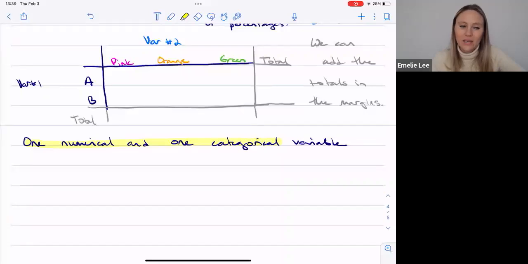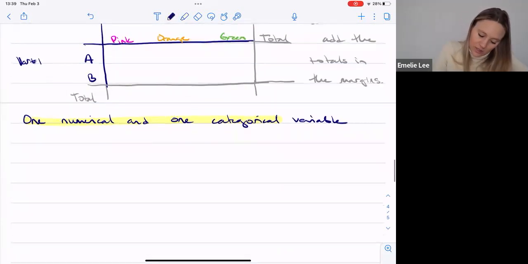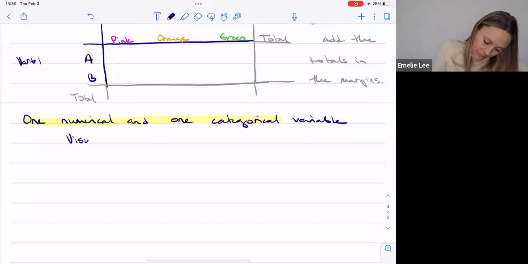I'm going to focus on visualizing this, because for the summary, we'll get there, but it's not as clean, right? So to visualize,